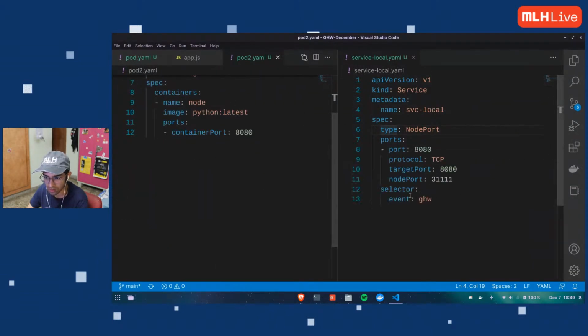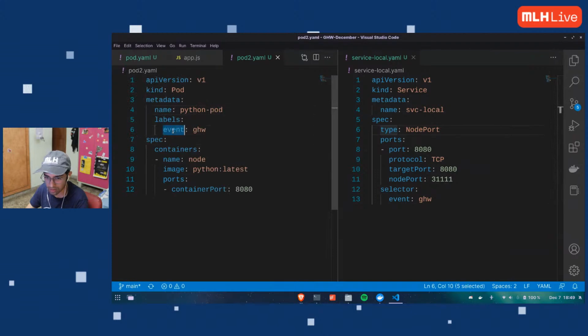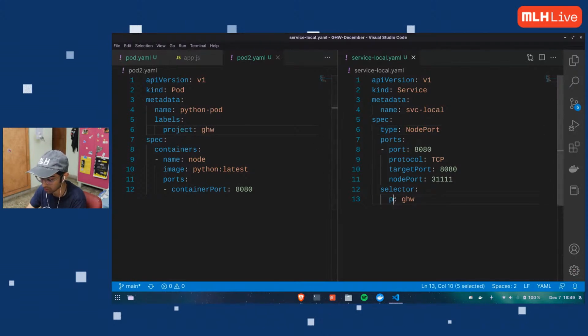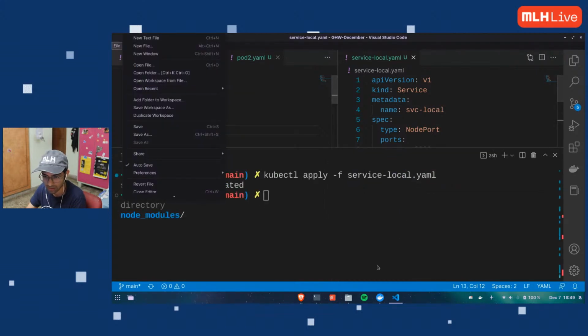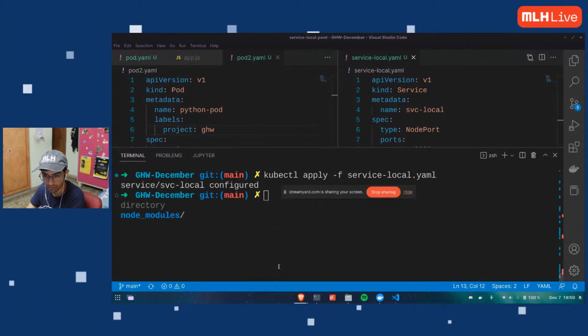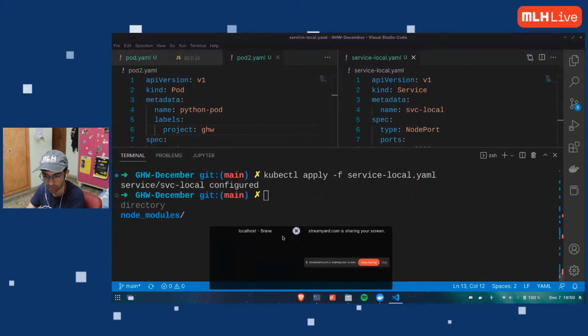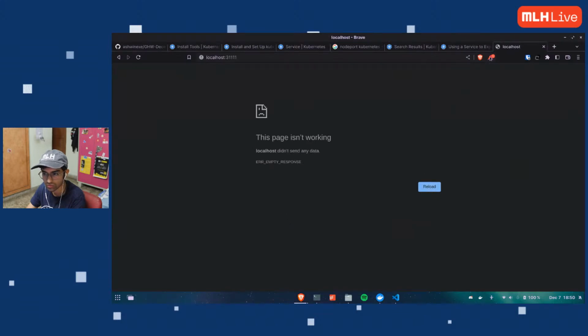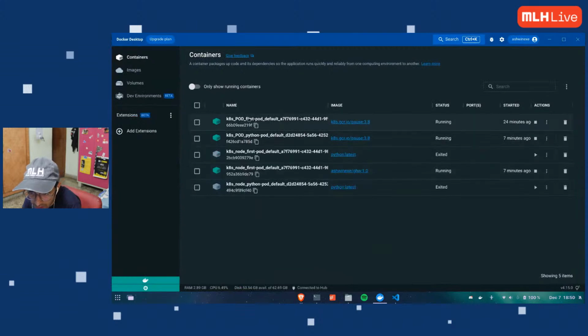Let me rename this to projects because I have used project in the past, but that should not have any effect. Project. Let me apply this. Is my Docker container running here?